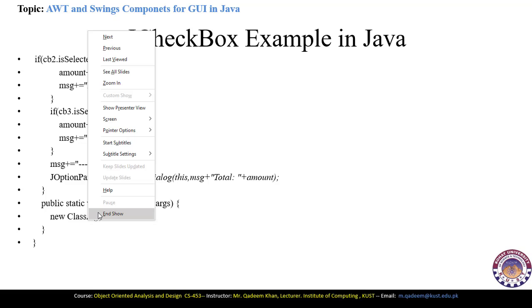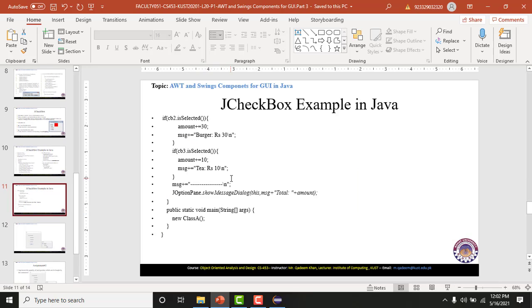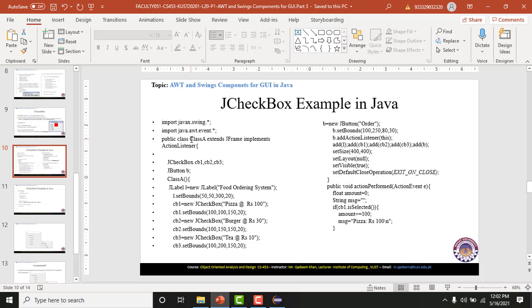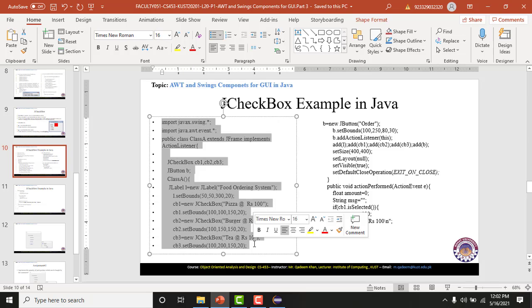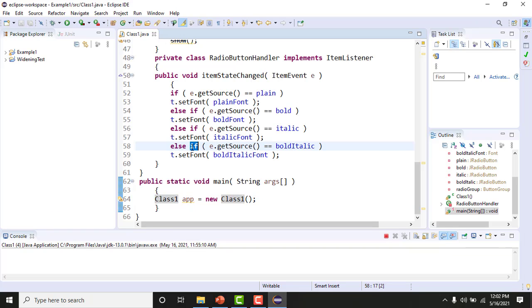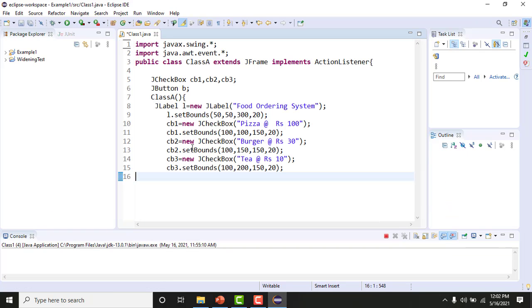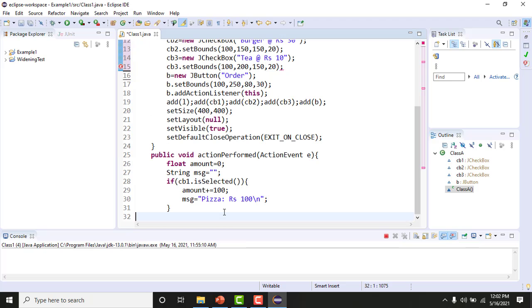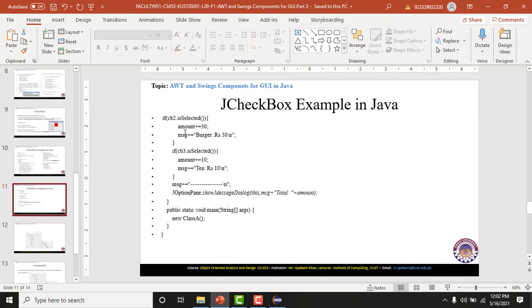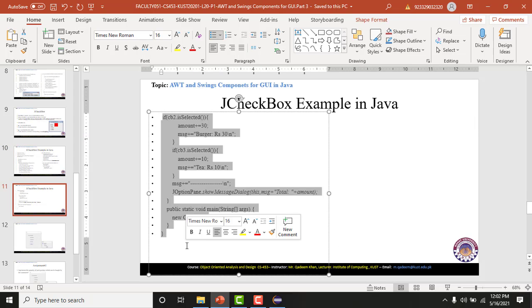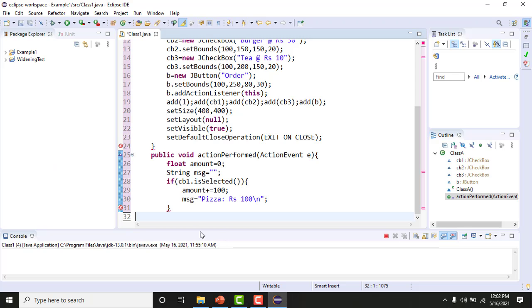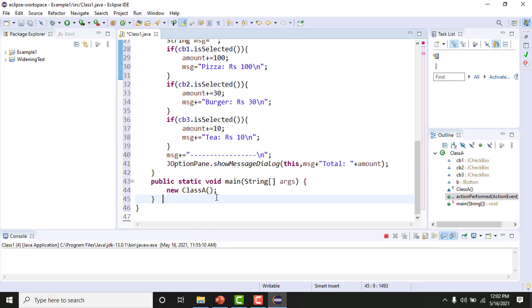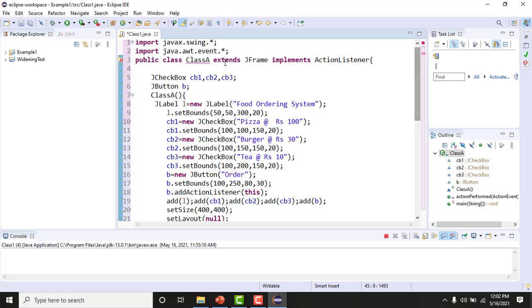For this purpose, click on End Slideshow. Then you need to transfer all the code here. First you have to copy this part of the code, and you have to remove the previous code if there is any, and then you also have to transfer this part of the code into your Eclipse IDE. And now go to the final piece of code here and copy it and transfer it to your Eclipse IDE. Now our code has been completely transferred, but our class name is class 1, so